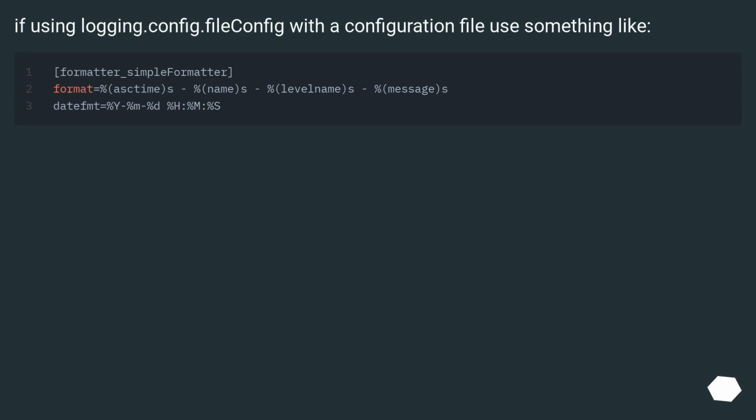If using logging.config.fileConfig with a configuration file, use something like